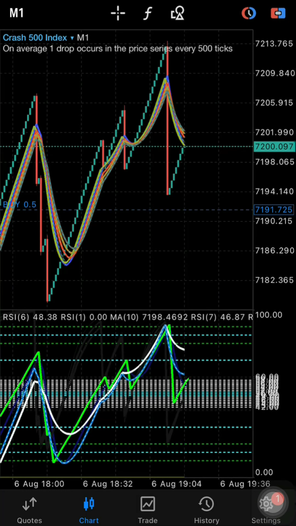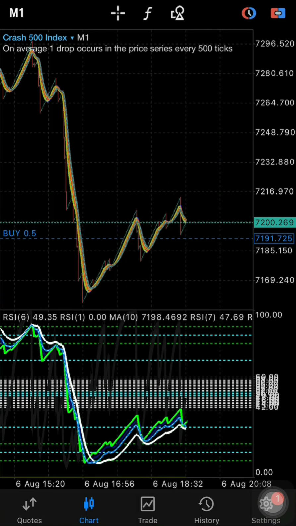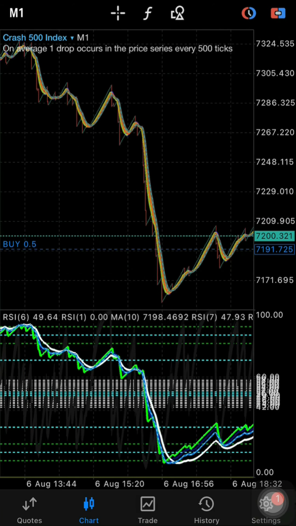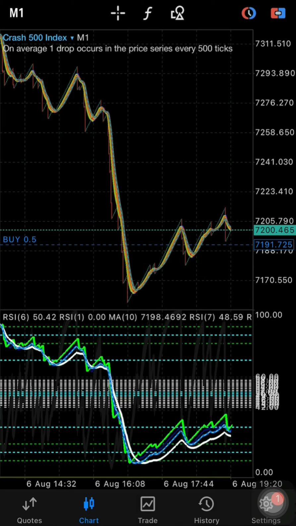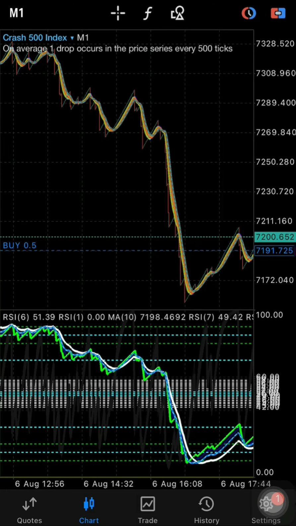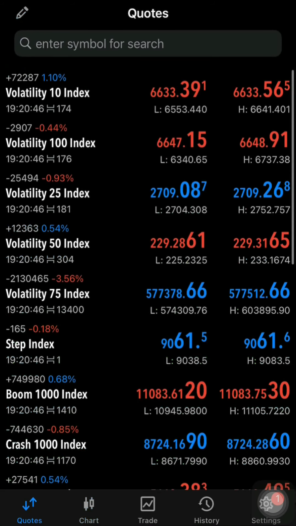If you really get this right, I think you are not going to lose your money again. So if you are using this indicator or another indicator to scalp, maybe for 10 minutes or 15 minutes, maybe using the 1 minute or 5 minute chart, anything that you want to do, make sure you check your trend first. So we have what we call support and resistance. I know most of you know what that is. Sometimes you're supposed to avoid support and resistance in the higher time frame before you take your trade. So let me first check Crash 500 or Boom 500